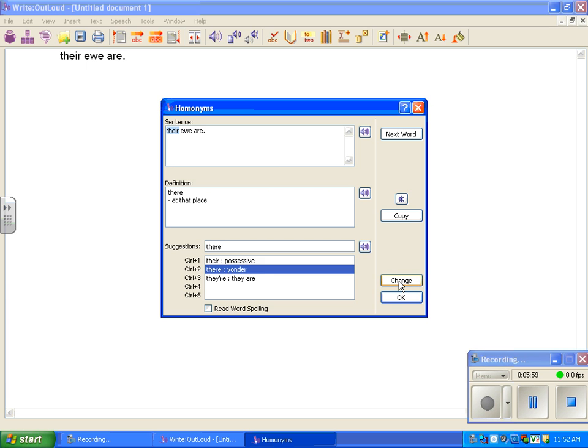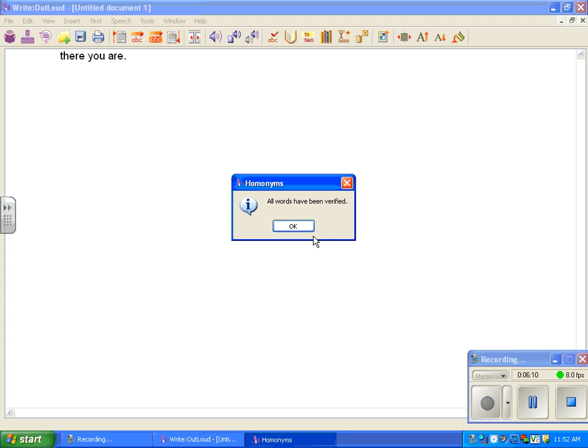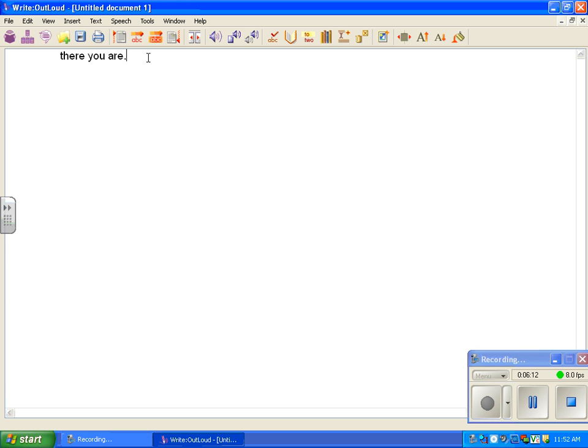And we can change that. Then you notice it moves on to the next homonym, and we're not writing about female sheep. We're writing it as in you, as in yourself. We can change that. So it does catch all the homonyms. It does alert the student to the fact that there could be other choices. One of the